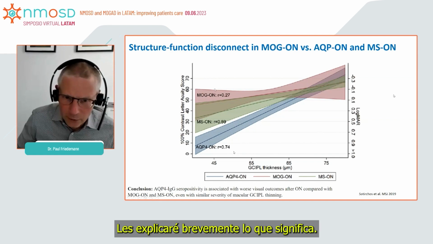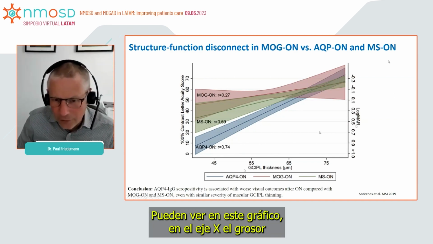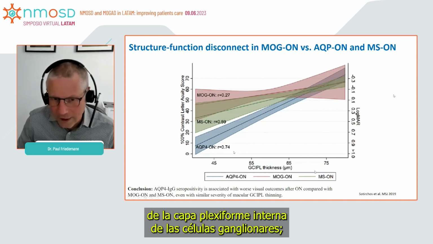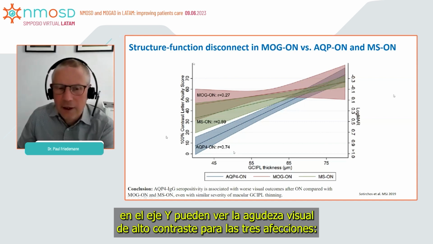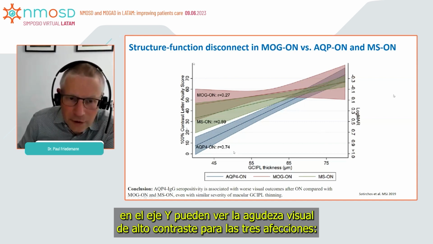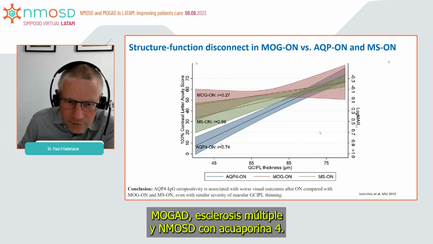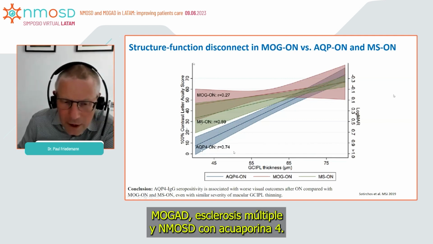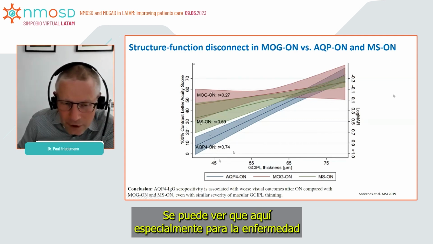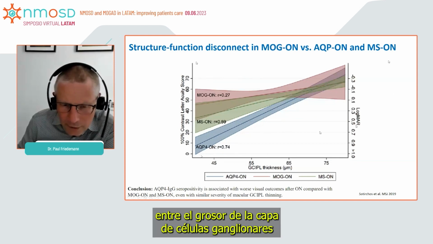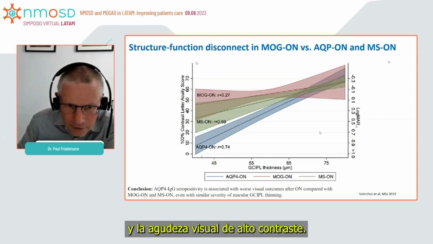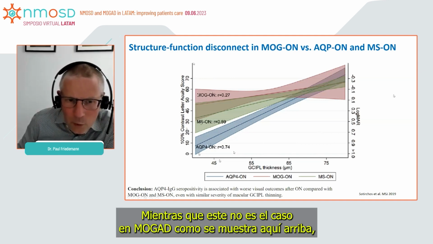And I'll briefly explain what this means. You can see on this graph, on the x-axis, the ganglion cell inner plexiform layer thickness. On the y-axis, you see the high contrast letter acuity for the three conditions: MOGAD, multiple sclerosis, and aquaporin 4 NMOSD, or ON. And you can see that, especially for aquaporin 4 disease, there's a very strong correlation between the ganglion cell layer thickness and the high contrast letter acuity, whereas this is not the case in MOGAD, as shown up here,